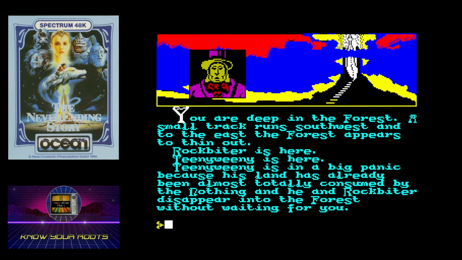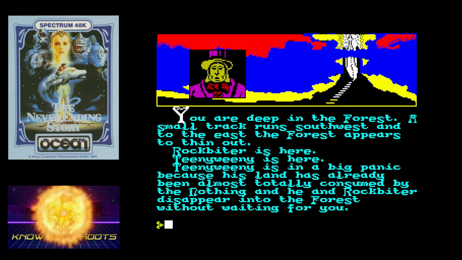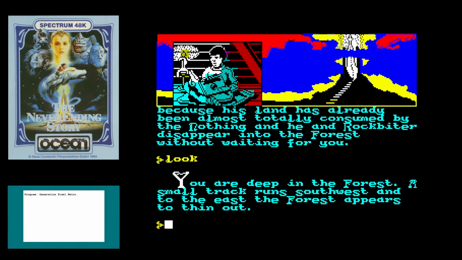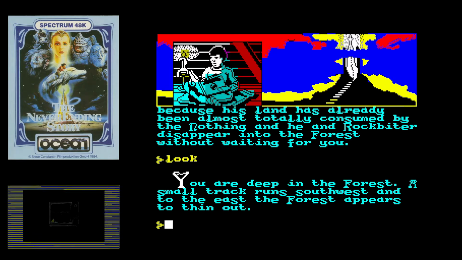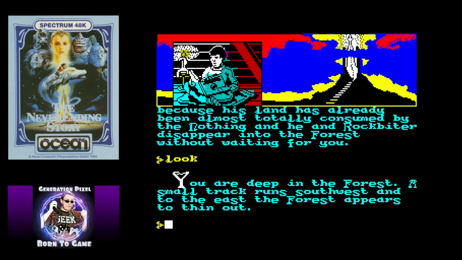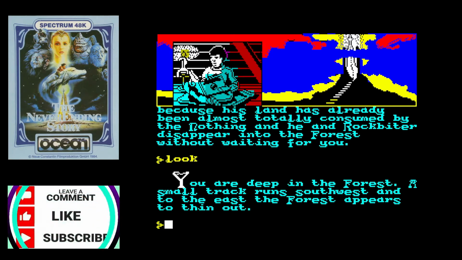Now, the biggest problem with this genre was simply the power or the capability of the microcomputers at the time. Early machines ran on 16k of memory and 48 was probably the standard, which meant there wasn't a lot of room for a huge vocabulary. And let me tell you, with these games, if you couldn't quite nail the vocabulary and especially the syntax of the vocabulary, then you could be stuck on the same page for hours just trying to work out what it was you were supposed to type to move on to the next section.